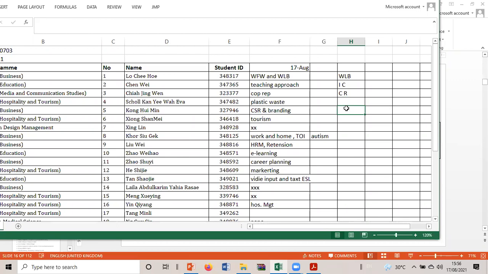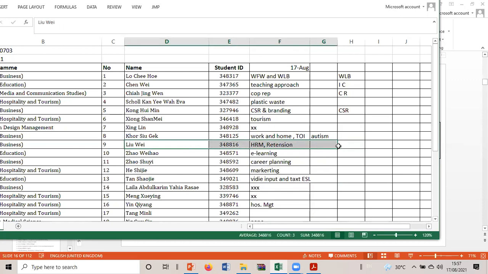Both. More of CSR or more of branding? More towards CSR. Okay, CSR. I give you 3 words, all right? So all the rest, also just put 2 or 3 words. That's all, maximum.